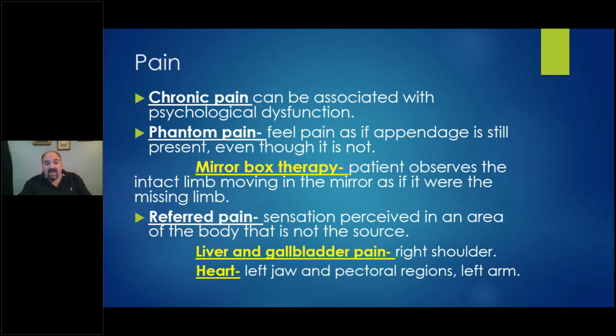Thank you. And so they'll do different types of therapy, like mirror box therapy. Cool stuff. So say I'm missing my left upper extremity, from the elbow distal, okay, it's gone. What we can do then is have a mirror on the left side here, and I can use my right upper extremity, which is still there, and we can have the patient looking in the mirror as they're manipulating and moving the right arm, the intact limb, as if it were the missing limb,